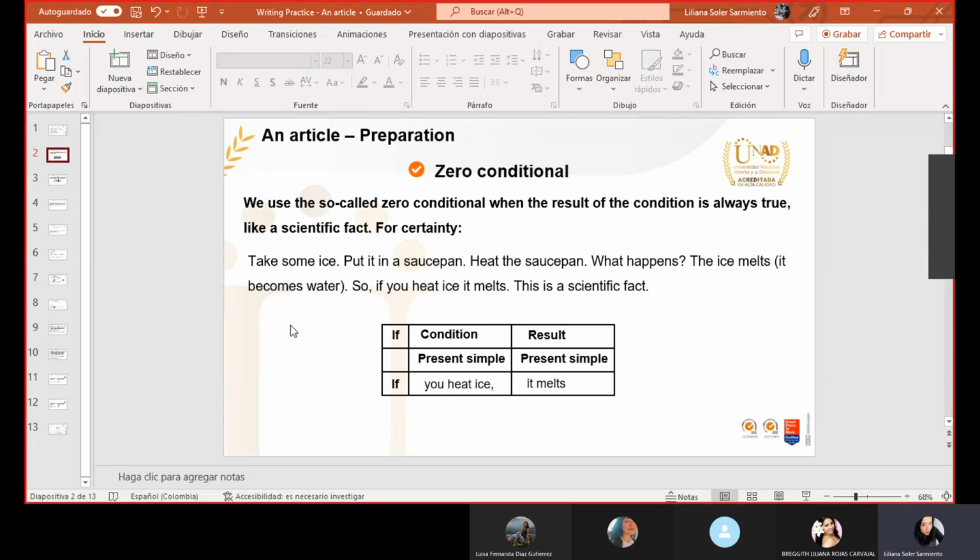It's a deep cooking pan. Maybe like wok. Yes, something like that, but it's made of metal, and we use it to cook, to heat food, to prepare some food. Okay, continue. Heat the saucepan